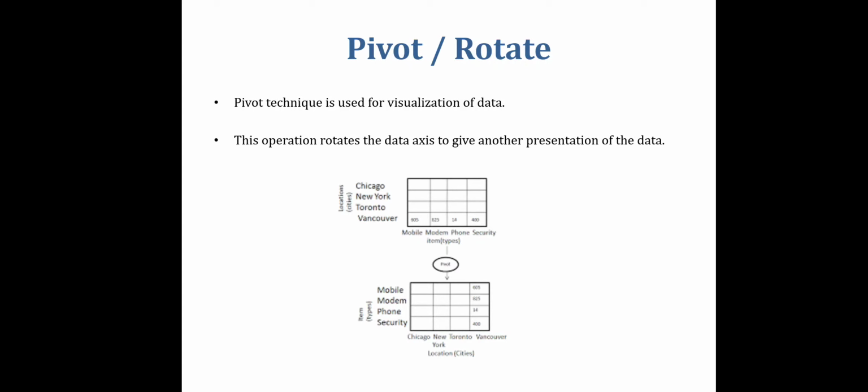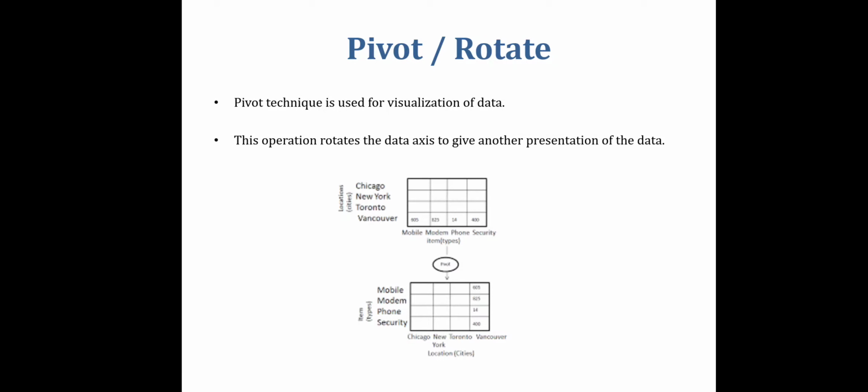So here we can have the axis rotation also, meaning what? If I want to represent this, or I am considering this data in 2D, right, then the item type is on the x axis and the location is on the y axis. Here you can rotate the axes also. So now the location is on the x axis and the item types are on the y axis. With the axes rotating, the values are also rotating. You can see the values present in rows are now present in the form of columns. So this is called a pivot or rotate operation we can perform on this data.